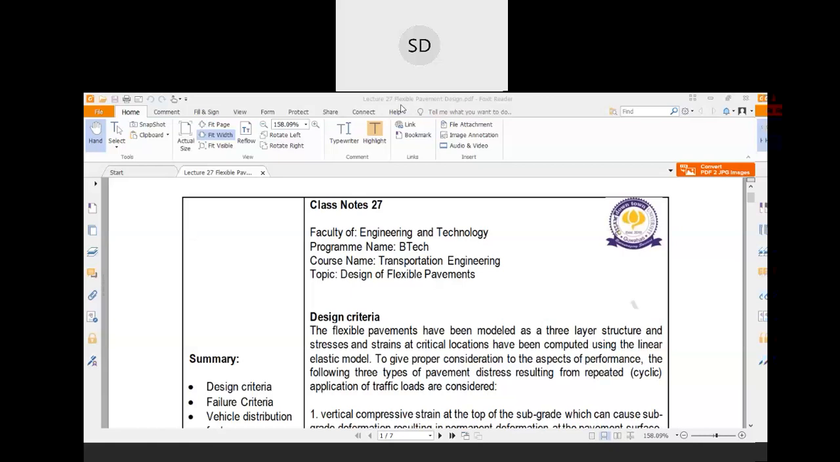So for the design purpose basically we need an IRC code, and that IRC code is IRC 37 2001. So first thing is you have to collect that code. After that we can proceed for the design. But in this class we will only discuss about the very basic portions of the design, that is, what are the basic requirements and what are the different parameters which we have to consider for the